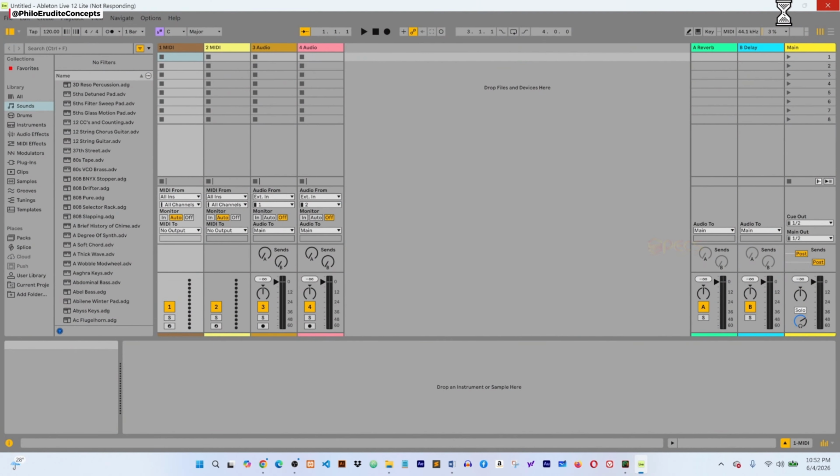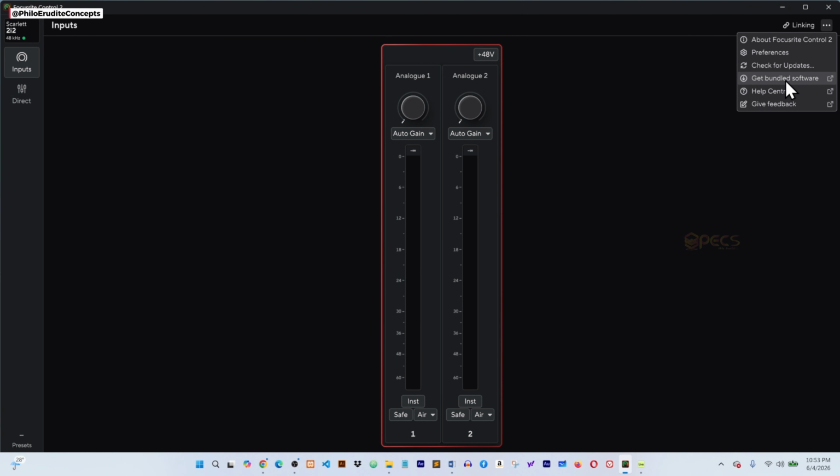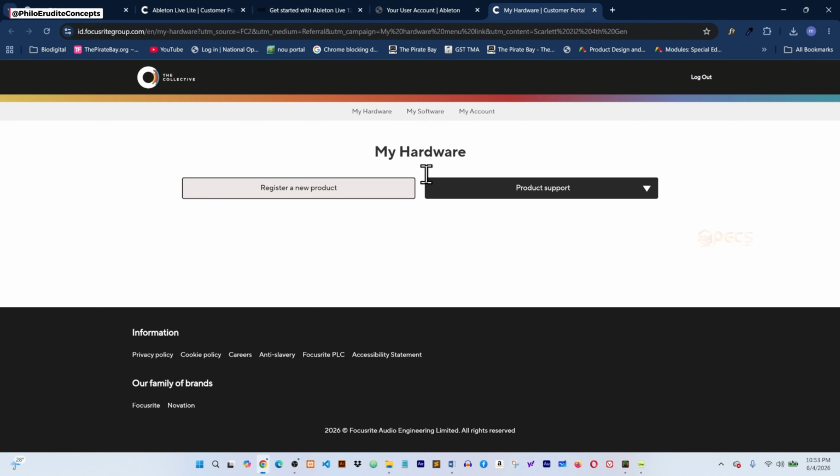You can use this same process to download all other software that comes with your Scarlett sound card that you might need for your music setup. If you miss the link to download the other software, you can go back to Focusrite Control 2, open the application, click on the 3 dots at the top right hand corner and locate Get Bundle Software. I will click on it, then click My Software. At the top here,